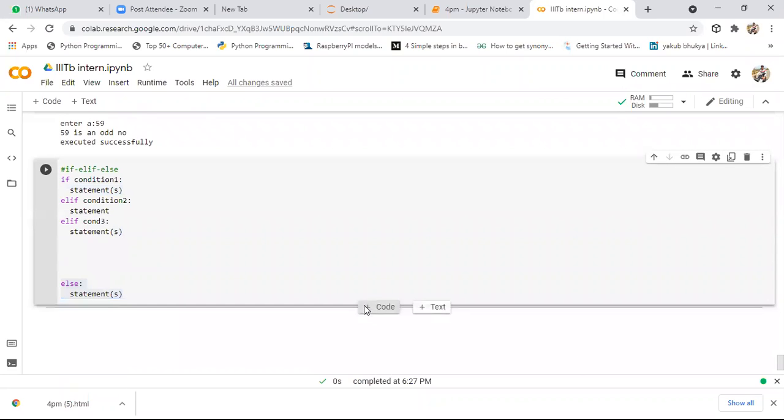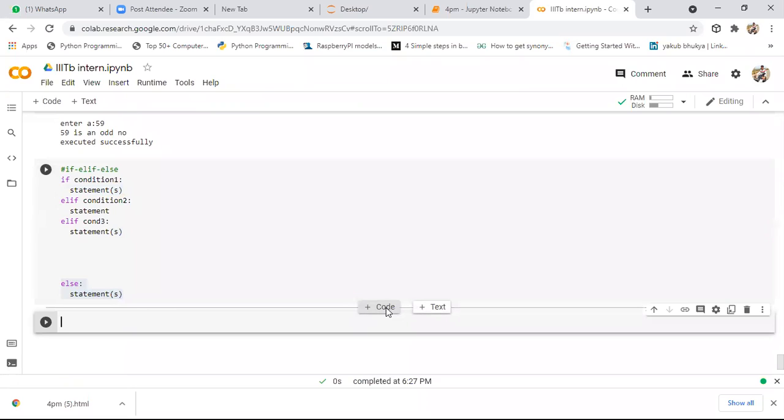Now we'll see the program to make you familiar with this conditional block, and I'll give you a basic example also. The question will be: if you give character A as an input, you need to get an output like apple. If you give character B, you need to get an output like bat.